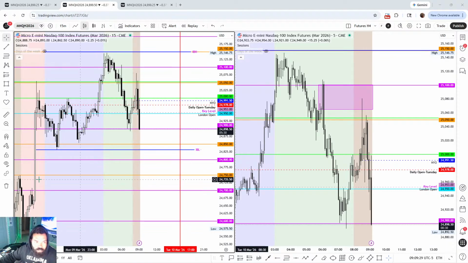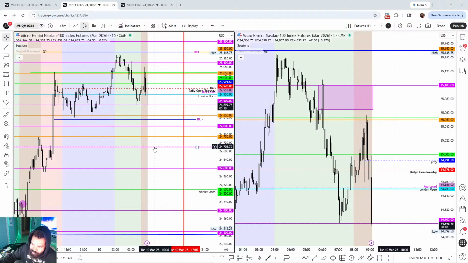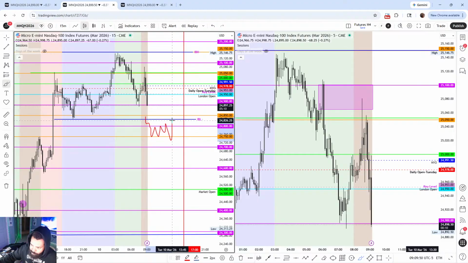Okay, so we're rolling over. This is good. Now, like I said, if we can roll over into the initial balance low, right, taking out the overnight buyers, then somewhere in between 24.8 and 24.7, there could be a possible reaccumulation. So right when we slip this low here, I'll be looking for something like maybe like that, like picks up and goes. We'll see.